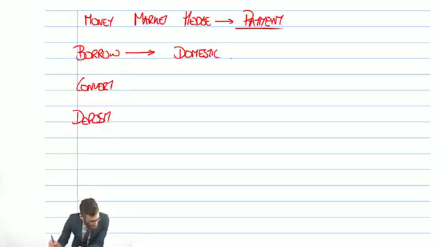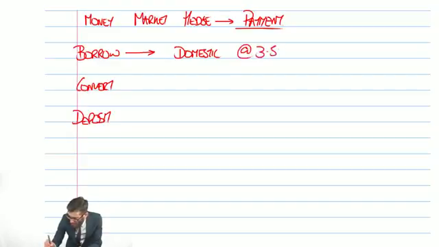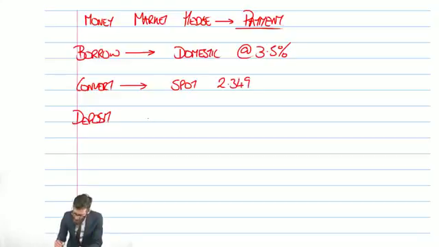And using P rows, we can borrow in dollars at 3.5%. We convert at spot, which I'm going to use because we don't have a spread, 2.349, and we deposit in the foreign currency, in the euros, at 4% per